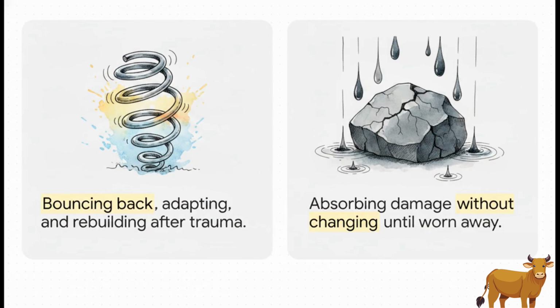So the single most important conceptual point to wrap your head around here is the massive difference between resilience and endurance. Resilience means bouncing back, right? Adapting and rebuilding a new sense of self after a trauma. Mrs. Thurlow's endurance, however, just means absorbing damage without changing at all. When her husband is hanged, she keeps working. When her money is stolen, she keeps working. Her endurance isn't heroic. It's honestly just a slow erosion until she's worn entirely away.